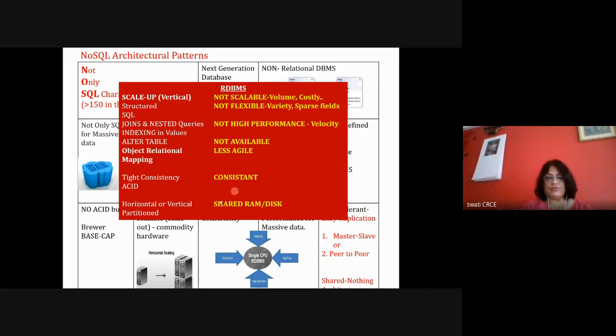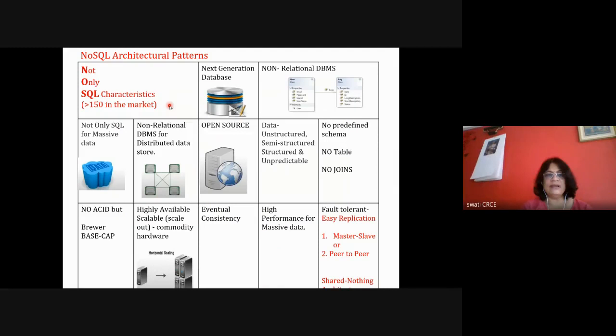Okay. So with respect to volume, we have studied this, but we are just revising it so that we can map these features with Amazon DynamoDB. So for high volume, RDBMS is not scalable and it is costly also because of the scale-up architecture, vertical scaling. In case of NoSQL, it is horizontal scaling, which is called scale out, meaning adding a new machine, and that is commodity hardware, so it is not costly, and we can easily add a new machine in the background. You don't have to shut down the system. Okay, the system is highly available.